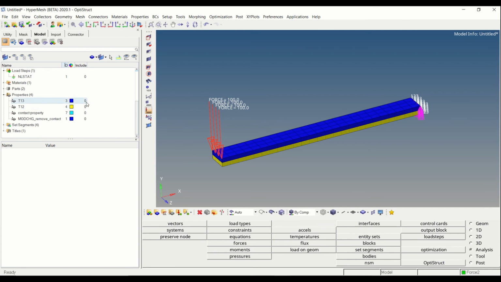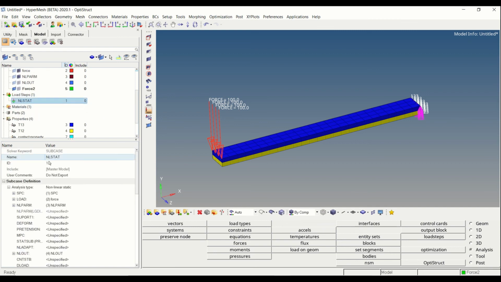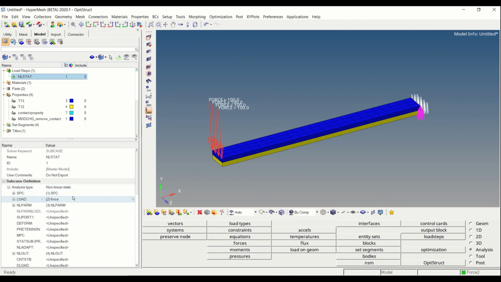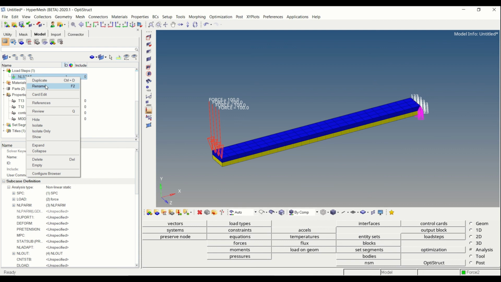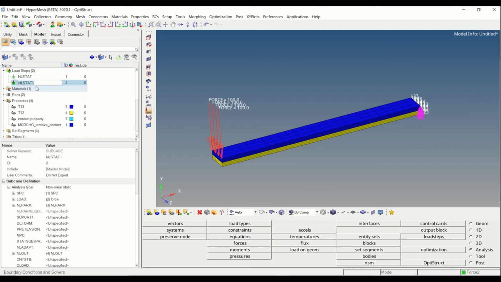Again, I have already created the load step. Here is a nonlinear static load case. Here I have already defined the SPC, NL param card, force, NL out, everything. So I'll create another load step similar to this one. I'll give the name remove contact.